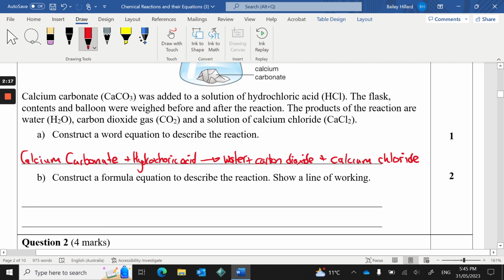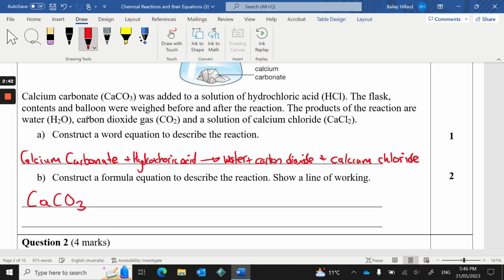Okay, so for this next question here, it says construct a formula equation. So now we're using the chemical symbols for the things used in this reaction. It says show a line of working. So for showing a line of working, the first thing I would do is just a basic unbalanced line of the equation in chemical notation. So CaCO3 plus HCl, and this will go to H2O plus CO2 plus